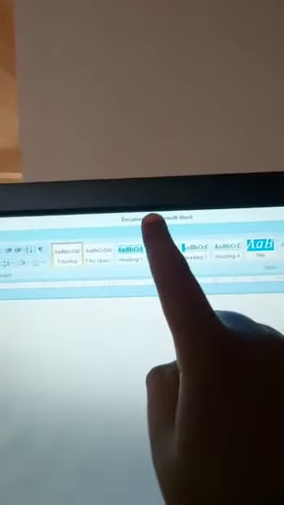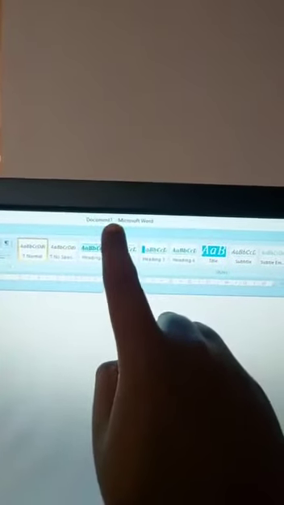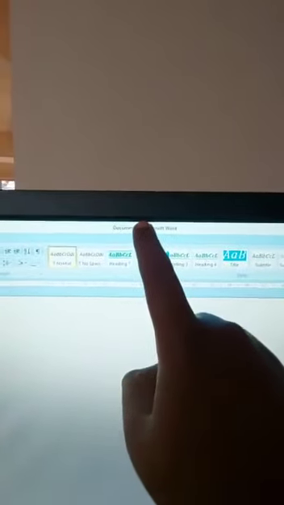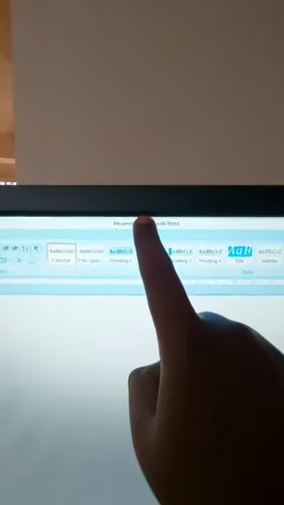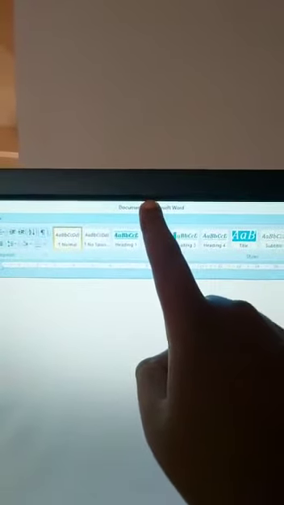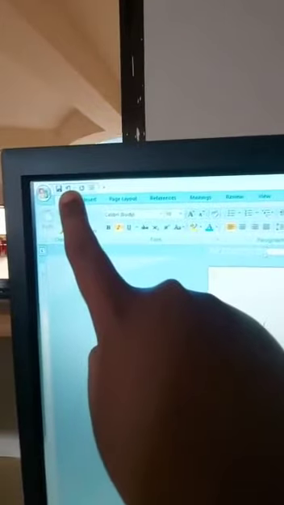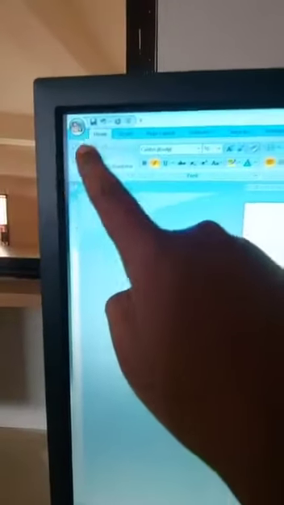Document, Microsoft, here, this is what? The title bar. Whatever name you save this file with, that name will come here. Presently we have not saved, so it is not there. Only "document" is taken. Next, this complete arrow mark and all is called the quick access toolbar, which helps for redo and undo.